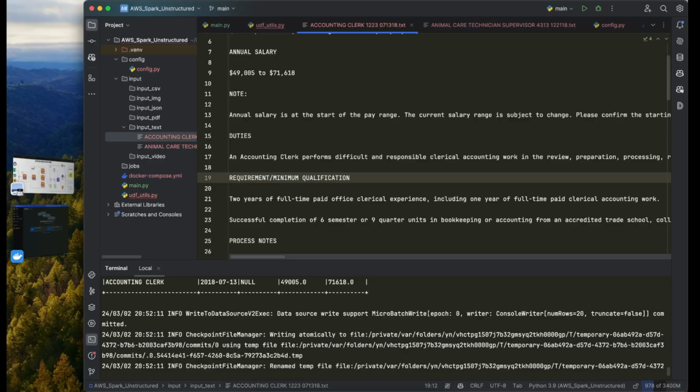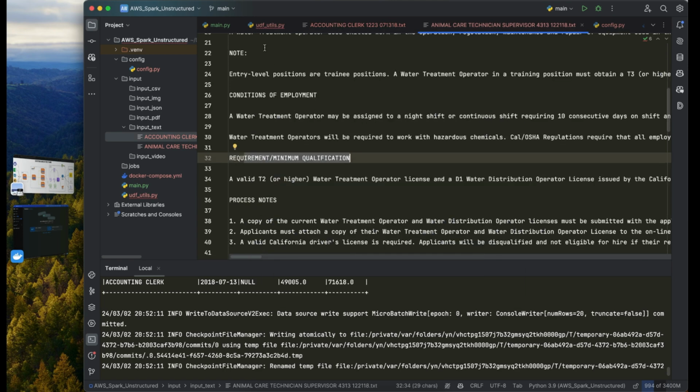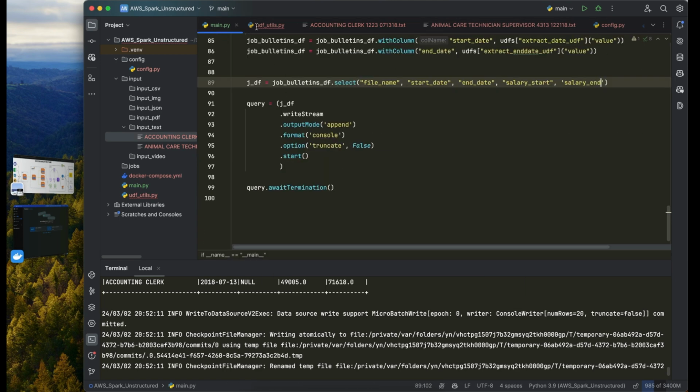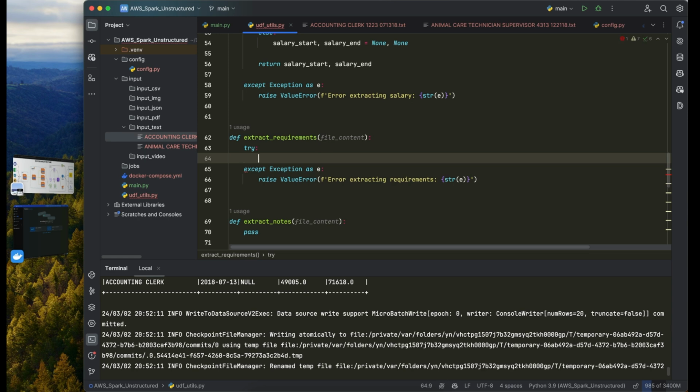I've already done that in the background, so I realized that some have "requirements" and some "requirement". The same thing is happening with "minimum qualification" and "minimum qualifications". So I'll just quickly match that, so we don't have to waste too much time verifying things here and there. Okay, so we have requirements